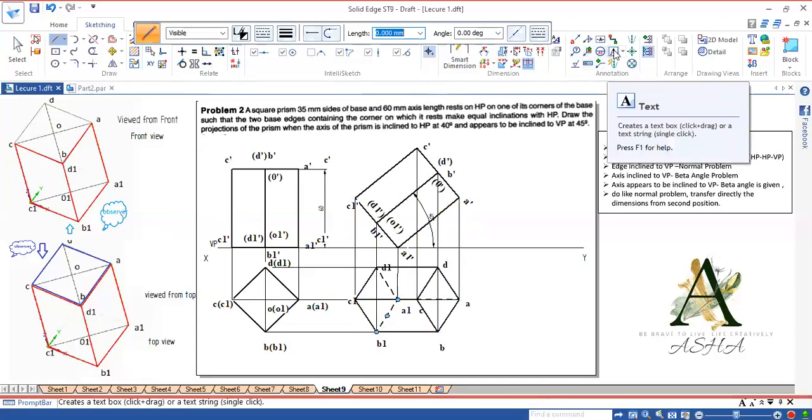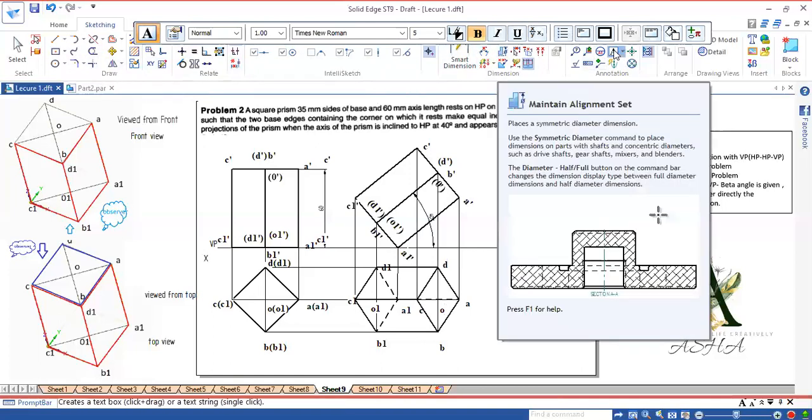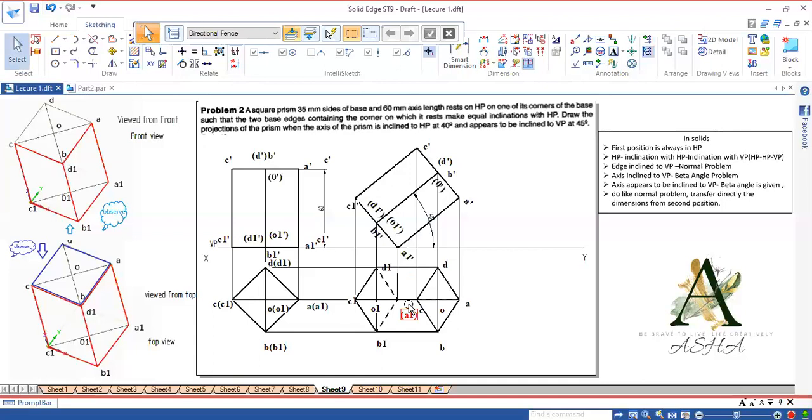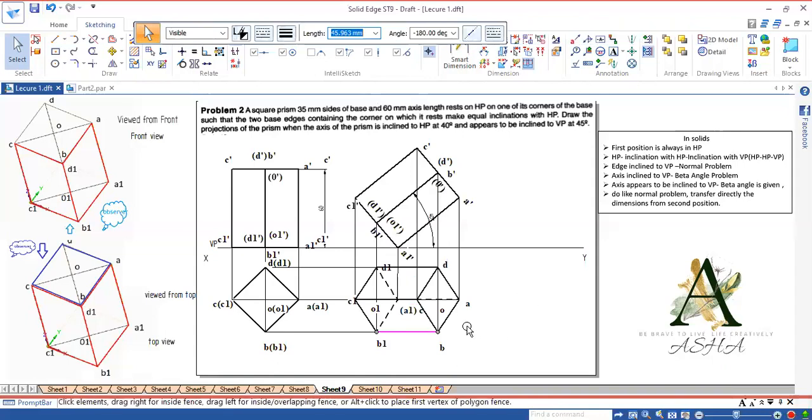So here it is O1 and this is O. See, since A1 is hidden, you have to write this within the brackets. Okay. So this completes the second position.